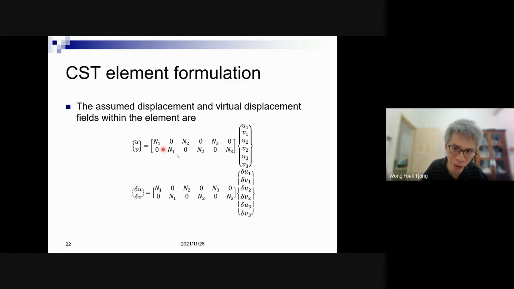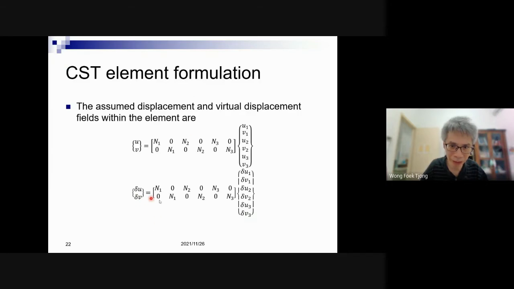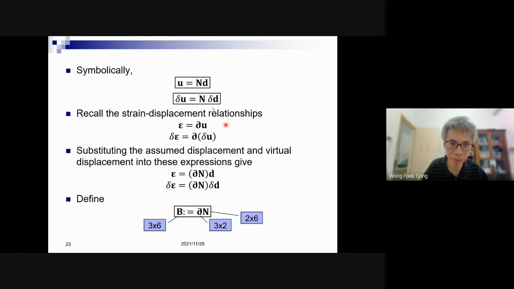The key of the finite element is to use the same shape functions. And then this is, of course, the virtual nodal displacement, right? So I think this is the key of the finite element formulation, aside from the weak form. So we have the weak form and this, and then the next is just algebra. We write this as you have seen before, U equal ND, and then we use the matrix symbol to make it short. This is vector delta U, this is the shape function matrix, this is delta D.